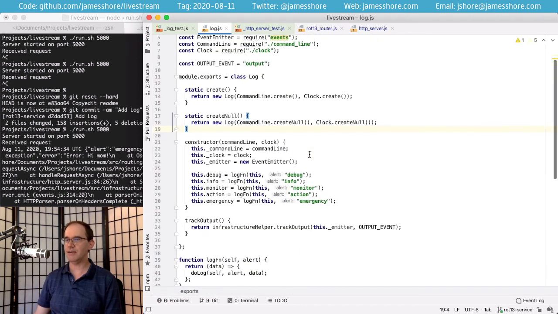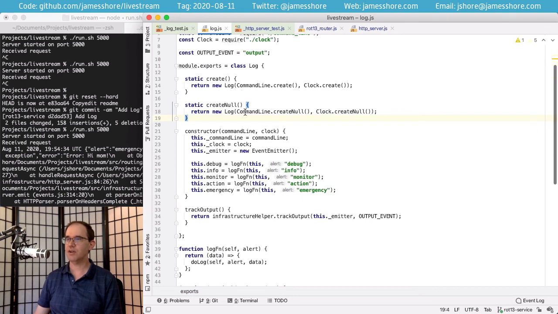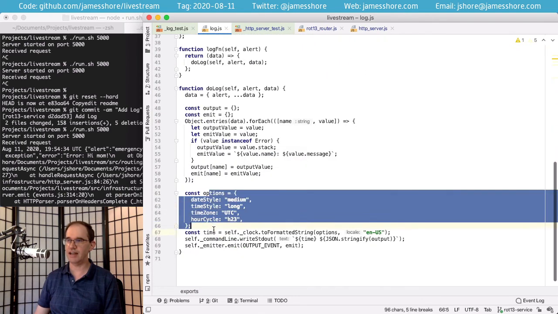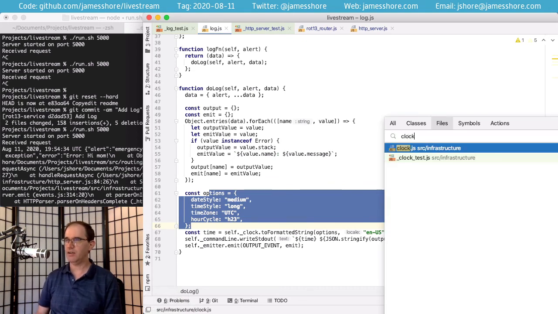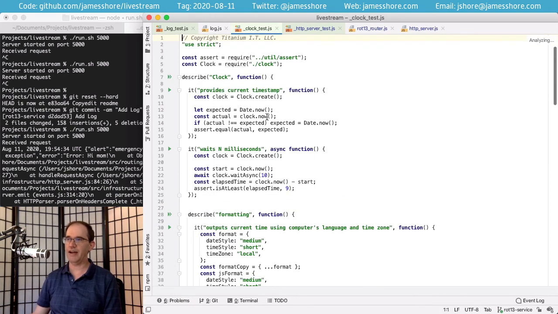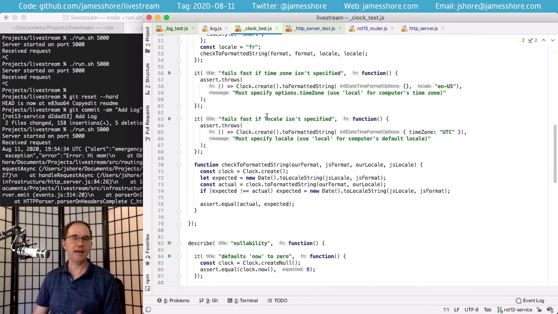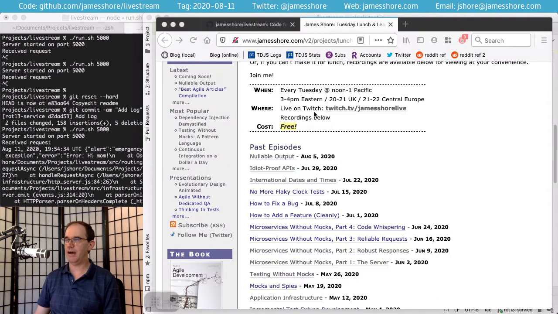So all I felt that I needed to test was that I'm actually doing the styling correctly and that I'm outputting the correct locale. And that is working. And then for the rest of it, I've got all of my clock tests here that test the formatting and the rest of it thoroughly. And again, you can check that out in the previous episodes. There's a number of episodes about that, in fact.